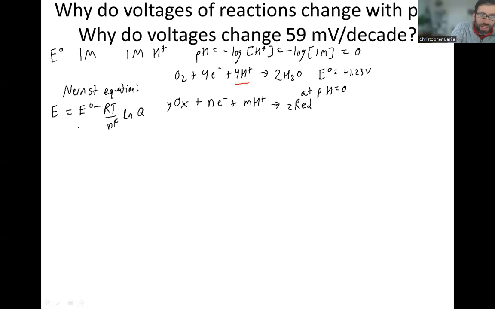So if we were to write now this expression for generic voltage as a function of the standard reduction potential, we have the ideal gas constant, the absolute temperature, the temperature in Kelvin, the number of electrons transferred in the half reaction, Faraday's constant, and ln, and now for Q, we can sub in the equilibrium expression,